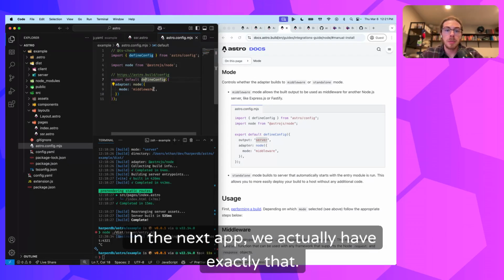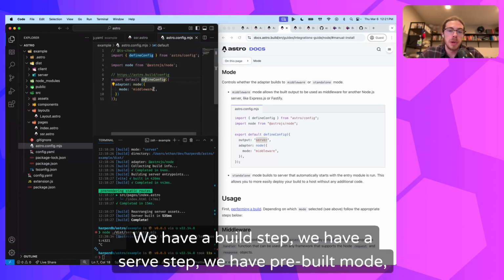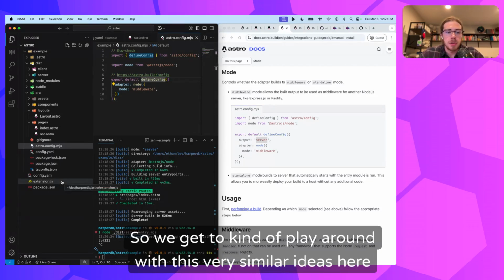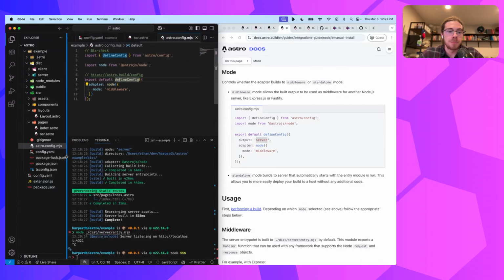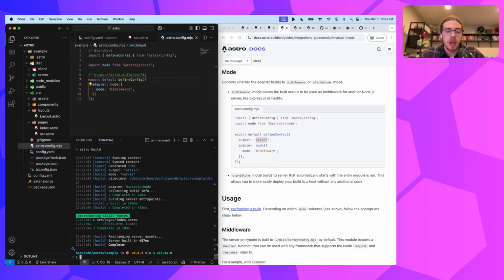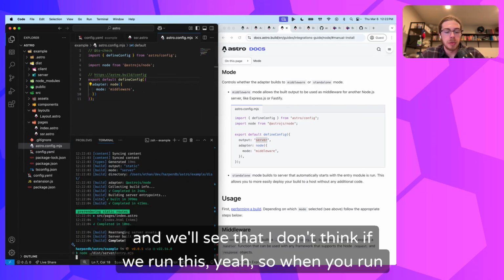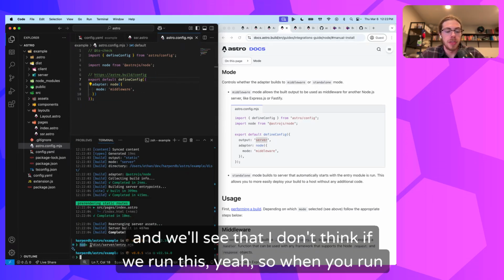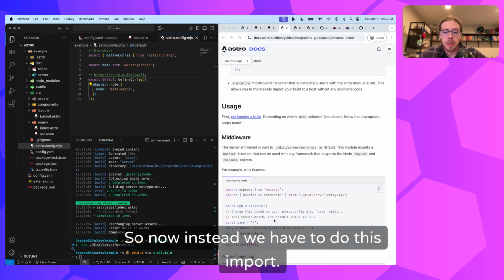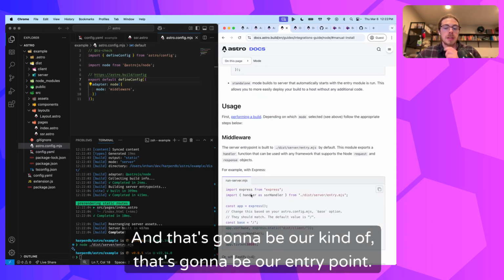In the Next app, we actually have exactly that. We have a build step, we have a serve step, we have pre-built mode, all baked into the extension. So we get to play around with very similar ideas here today. But now in middleware mode, let's run build again. And I don't think, when you run it, there's no more standalone server. So now instead we have to do this import, and that's going to be our